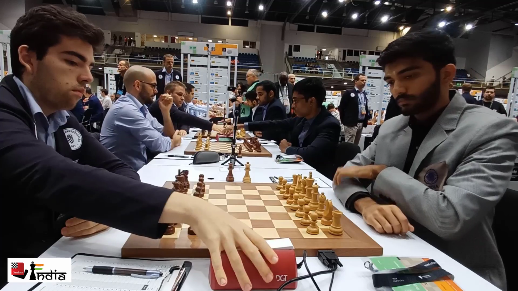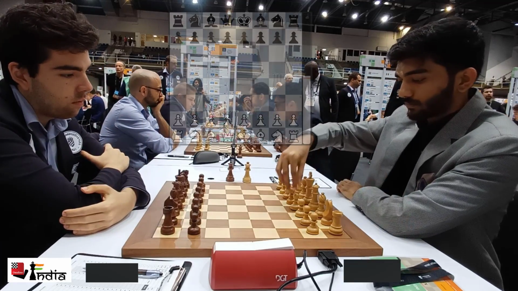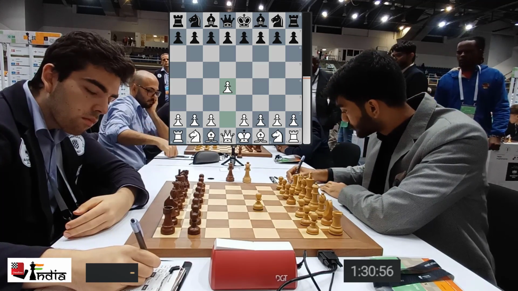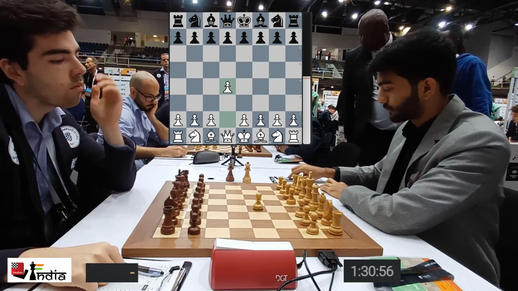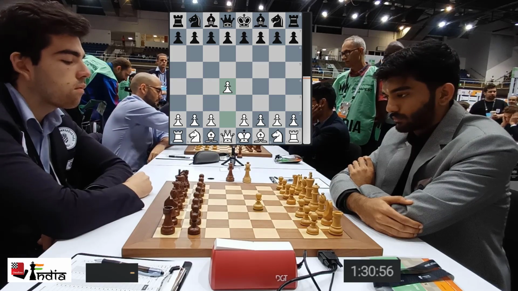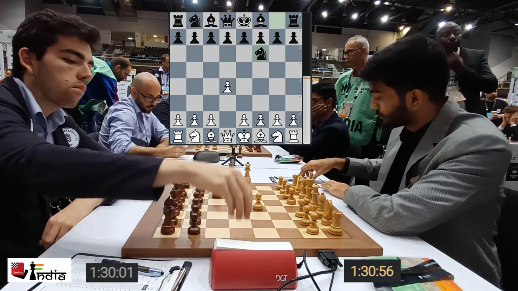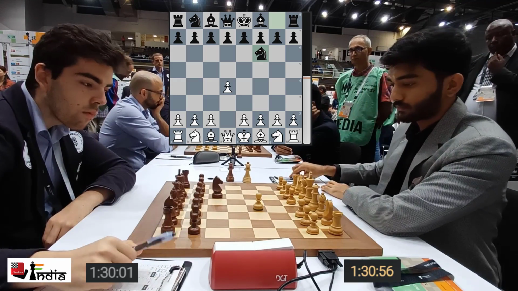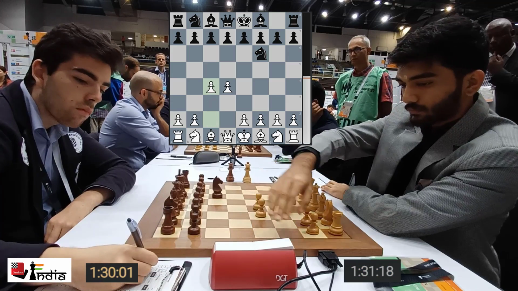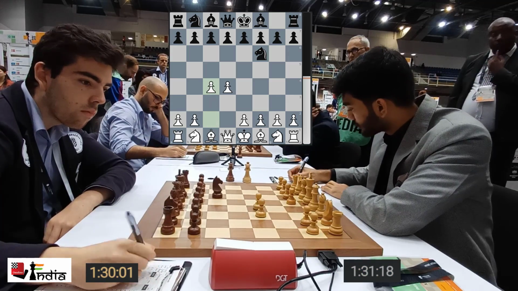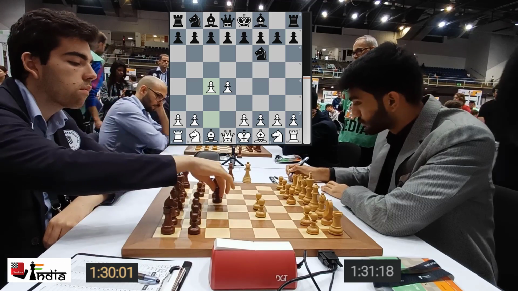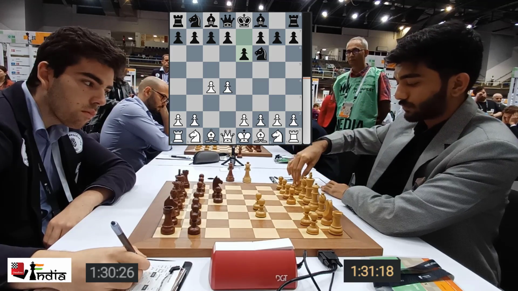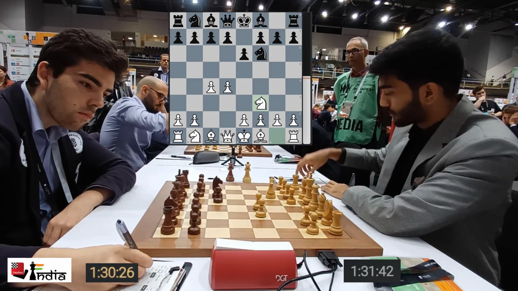The shake of hands and off we go. Gukesh opens the game with 1.d4. Let's see what Kozak comes up with here. He plays his knight out to f6. Gukesh is very well prepped now in the opening after playing the Candidates and also preparing for the World Championship match. So he can play e4, d4, just about all the openings out there. Brings his knight out to f3.